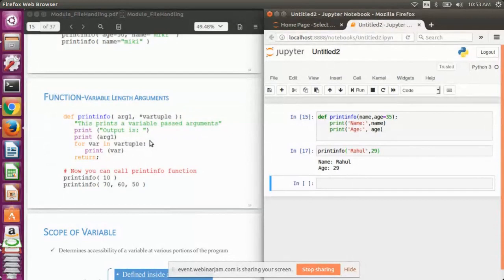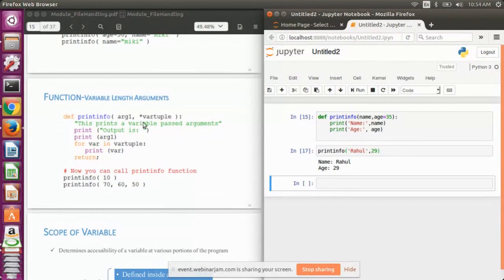Depending upon the number of values that we pass while calling that function, the number of parameters will get automatically defined. If we pass two arguments, then the number of parameters for the function definition will be 2. If the number of arguments is 10, then automatically the function definition will have 10 parameters.